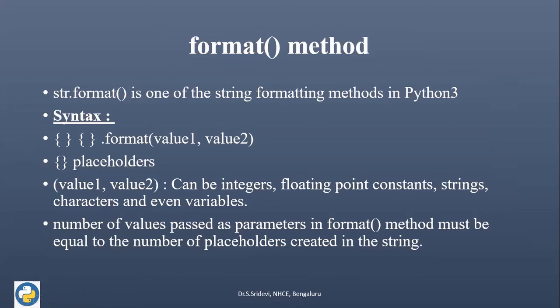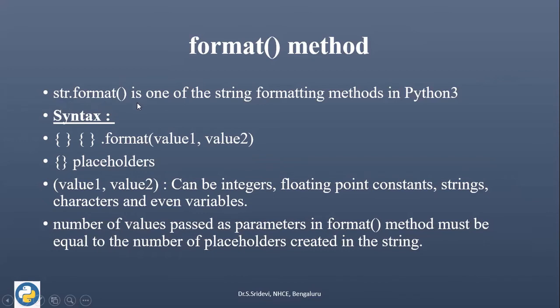Now let's see an important function called format, which can be used along with the print. Whenever we are trying to print some strings on the screen, this format method can be used. This format method can be used for formatting any string. Whatever string we are going to format can be used as the object to call this method. We can call this method by means of the object name, that is nothing but the reference name, dot the method name. To call the format method, I can use the reference to the string object. So the syntax is the object reference dot the method name, that is format.